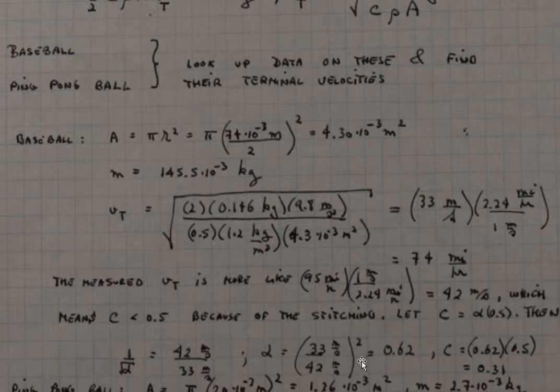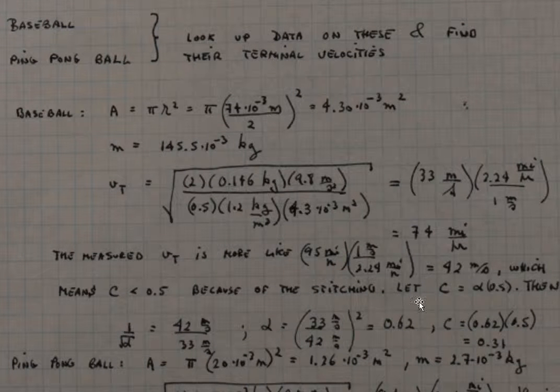So let's compute what C would have to be to do that. That's what this next part does, and I'll let you follow the algebra here. But what I come up with is that a C of 0.31 instead of 0.5 is what gives a prediction of 95